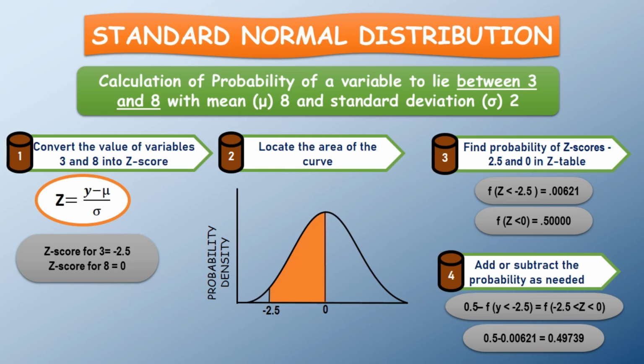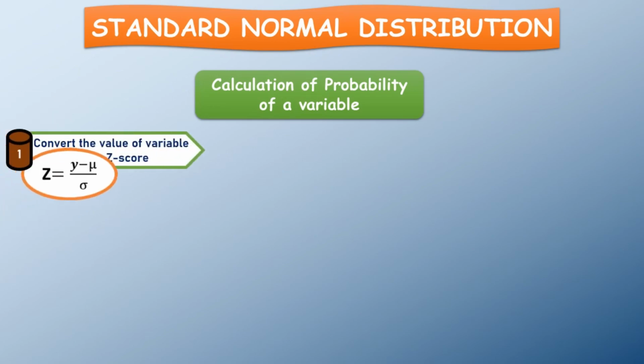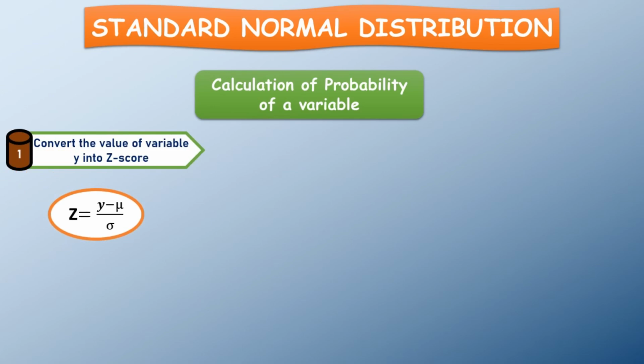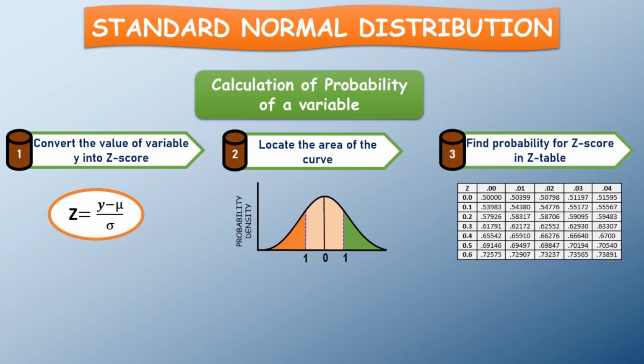So these were the examples to demonstrate the calculation of probability of a variable. Just to revise, step 1 is to calculate the z-score, which is a pretty easy task. Take the variable and calculate the z-score with mean and deviation. Step 2 is to mark the area on the curve. Generally, the area you have to find will be either lower or higher than a z-score, or area would exist between two z-scores. Step 3 is to find the probability of the z-score in the z-table.